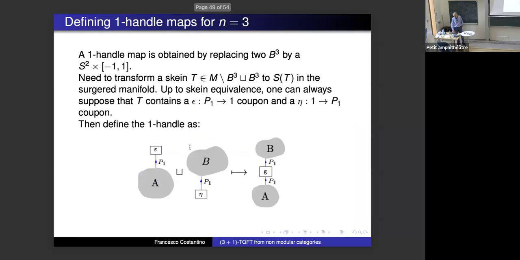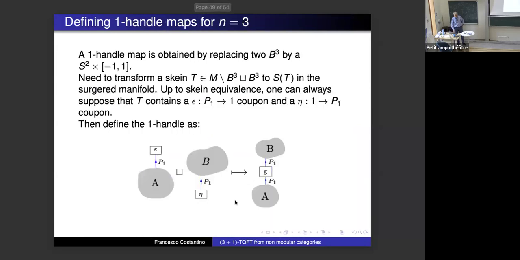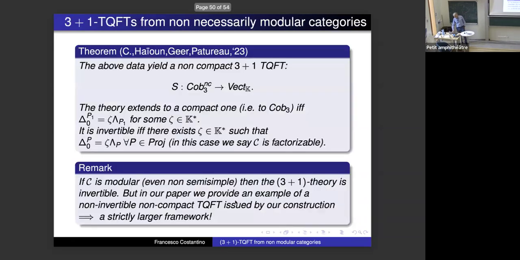Basically, the way you use this gluing morphism is that when you glue a one handle, you're connecting two parts of the manifold by a tube. You take one of the two parts, the other part, and you connect them by this gluing morphism. You can always make sure that in your graph there is a P1 hanging around. That's an up to scale equivalence. This is true. Okay, and then the theorem is that for the 3+1 case, as soon as you